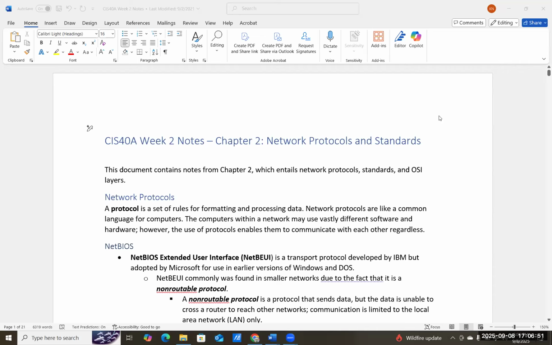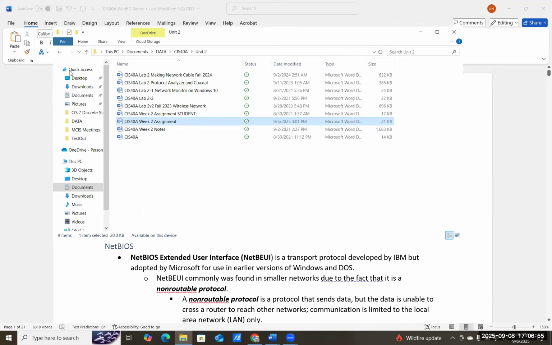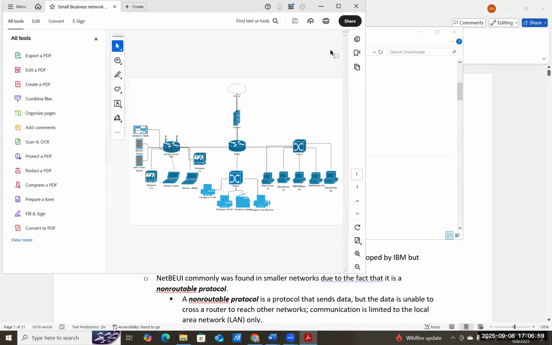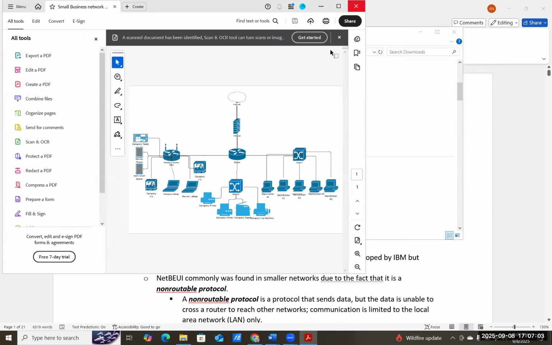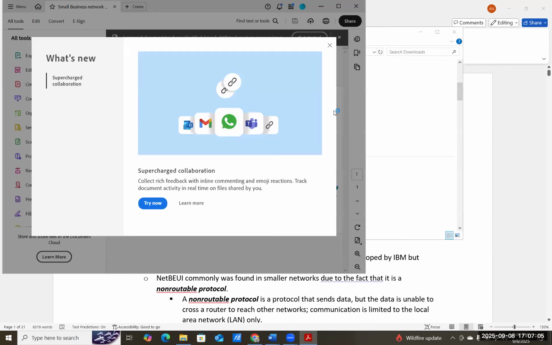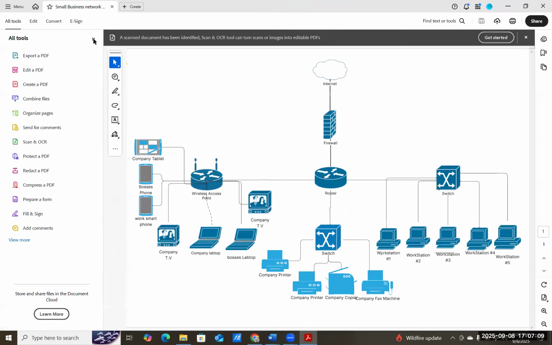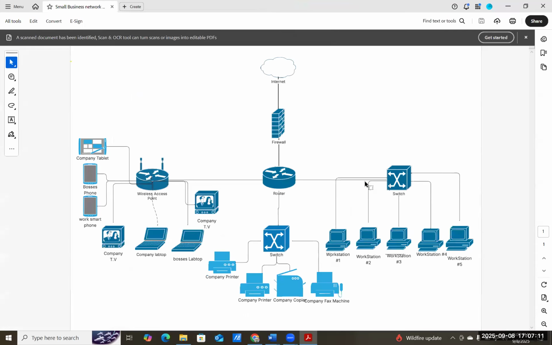So let me go to my downloads real quick because I grabbed this from some of the submissions. So this was submitted by one of the students. Sorry, let me get the file to open completely so you can see. And it is a really good design to start, okay? So,